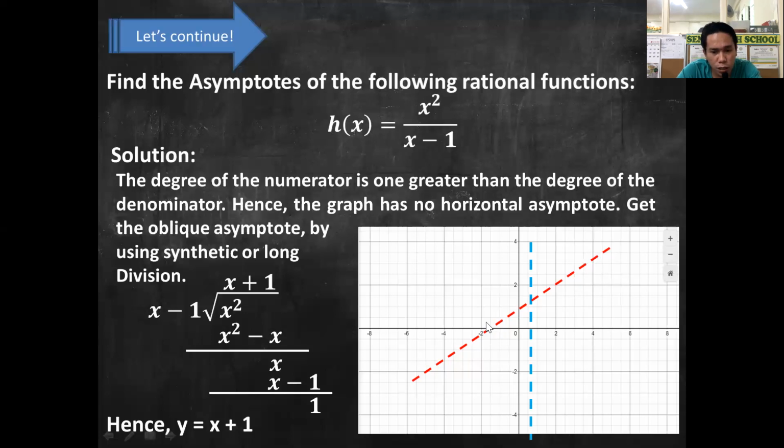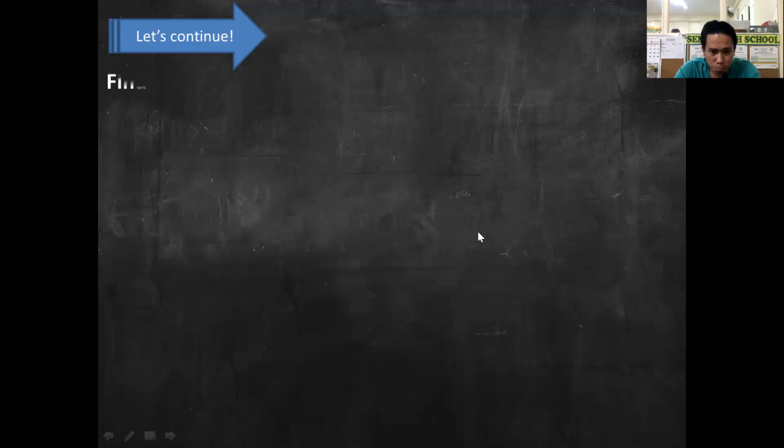Basta ganyan lang yung kanyang itsura. Okay? Pa-slant siya, or diagonal. So you can have your graph like this, like that, depende. At least meron kayong idea na ganito yung itsura kapag merong oblique asymptote. Okay, or slant. Okay, sige. Next,